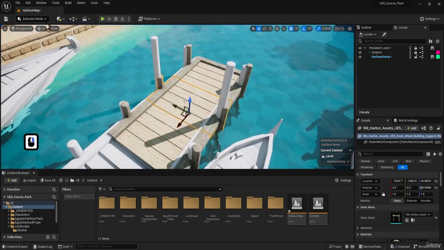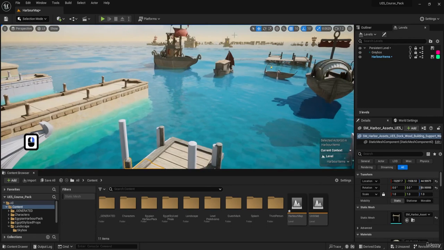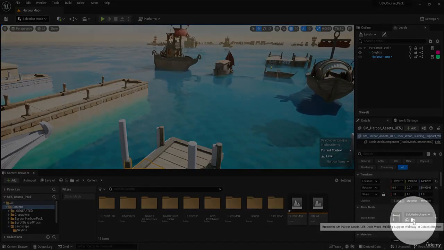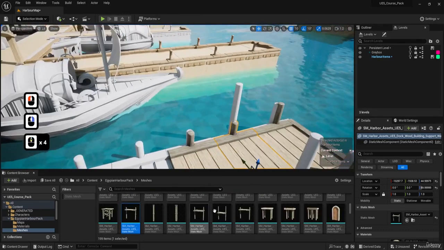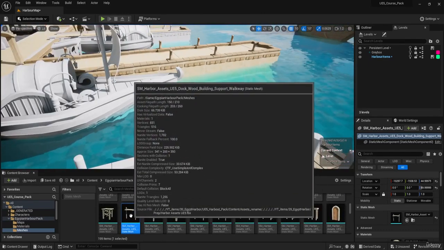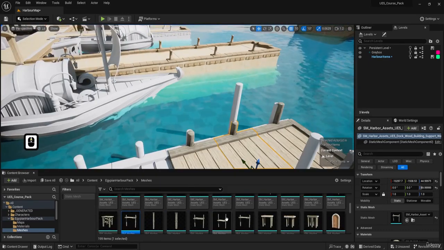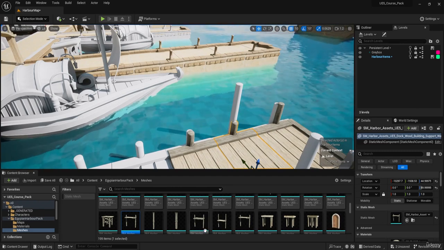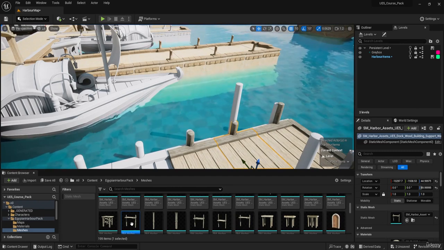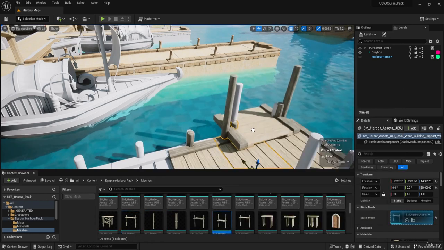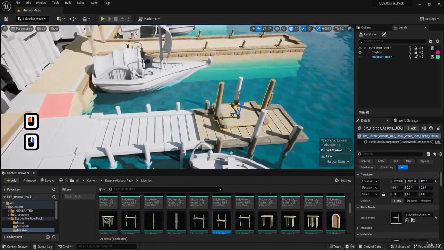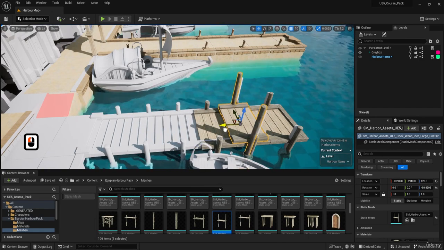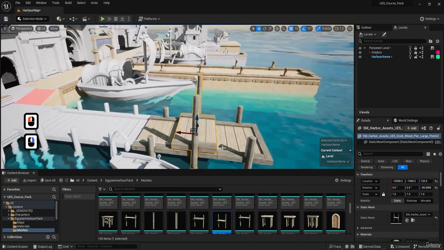So I'm going to search for the ones, but instead of going back all the way to the level, I'm going to just click on this button over here when I have this selected, and it should give me the selection of all the meshes. This way we are able to explore the same area, and because of the similar naming convention, it should be close by. So I can already see that this perhaps might be it, and yes it is, so that's quite nice for me. I'm going to go ahead and just rotate it like so and replace it to this position,